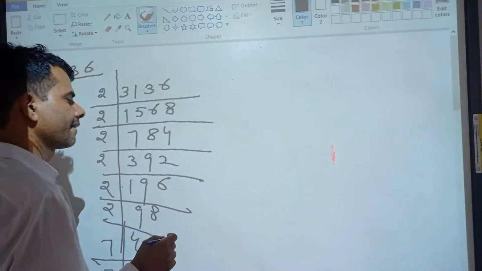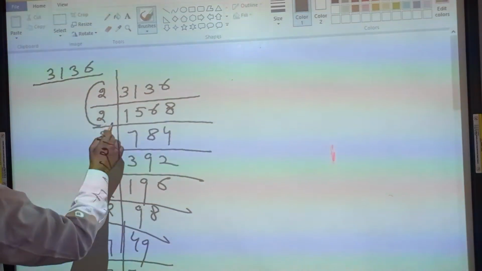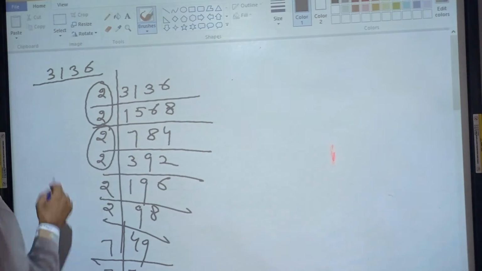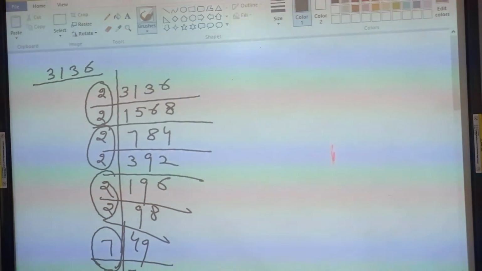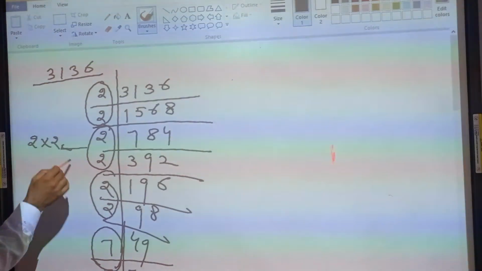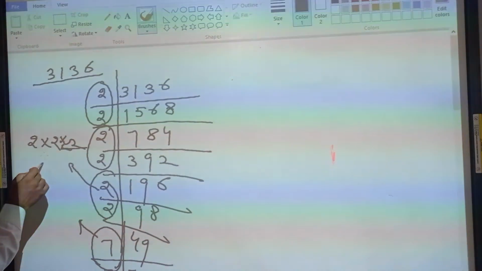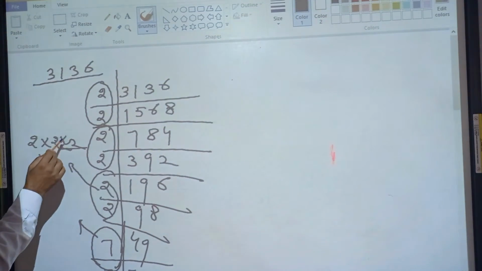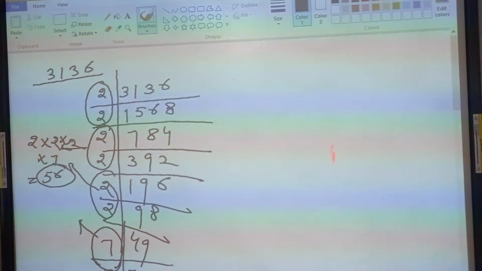Now 3136 is 2, 2, 2, 2, 2, 2 and 7 and 7. It becomes 2, 2, 2, and 7. 2 2s are 4, 4 2s are 8, 8 7s are 56. The square root is 56. Okay. You can write it as: